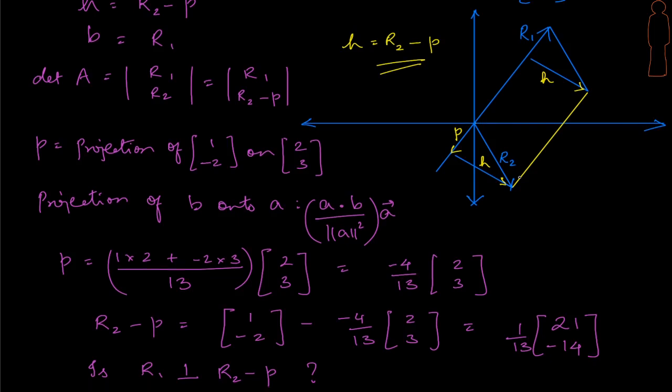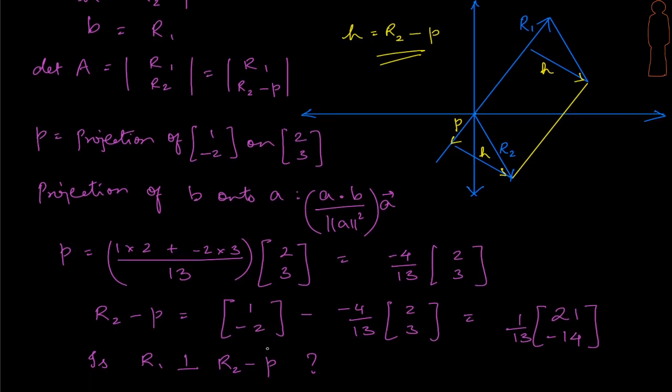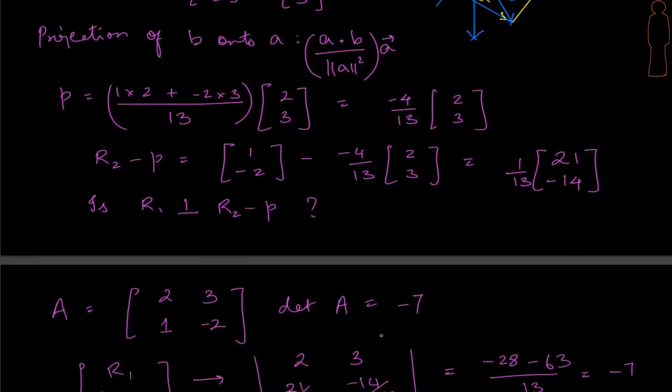But before that, a very interesting fact is, do we understand that this height vector is perpendicular to R1, right? Look at this, the projection and the height, this is definitely perpendicular to R1. And I hope that this rings a bell about something that we did recently in orthogonalization, the Gram-Schmidt process, where we said if we are given R1 and R2, the Gram-Schmidt process will actually bring us orthogonal vectors, and there is something interesting that Gram-Schmidt is really producing. So let's continue this example and see what other insights we get from here.